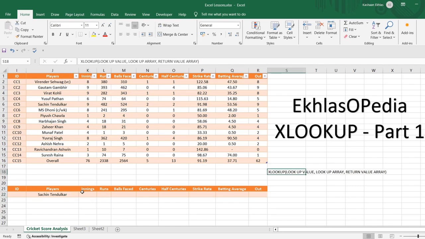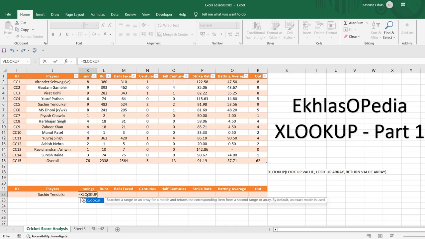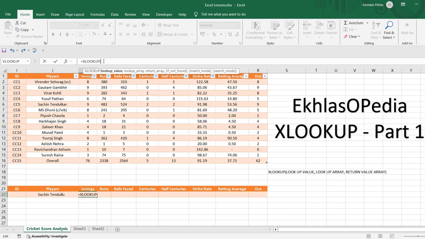What I need is to add the function XLOOKUP. And what do I need to find? I need to find the lookup value, Sachin Tendulkar. So XLOOKUP, bracket open, J22, which is the lookup value, and I need to add the lookup array. So the lookup array is where all the names are mentioned,